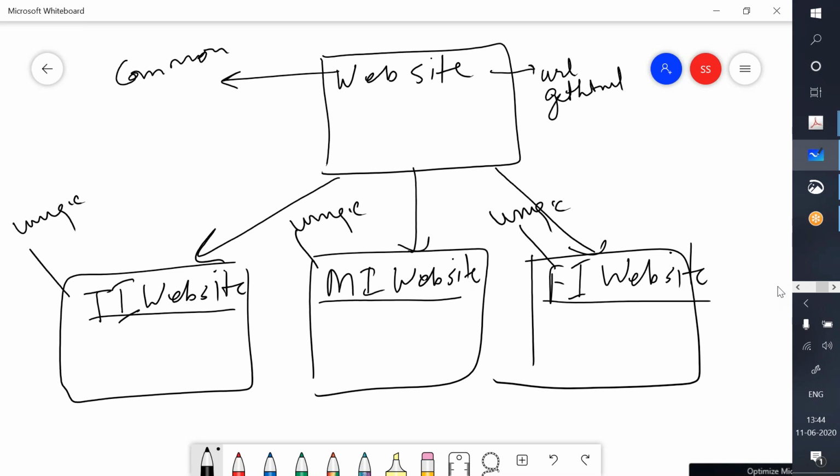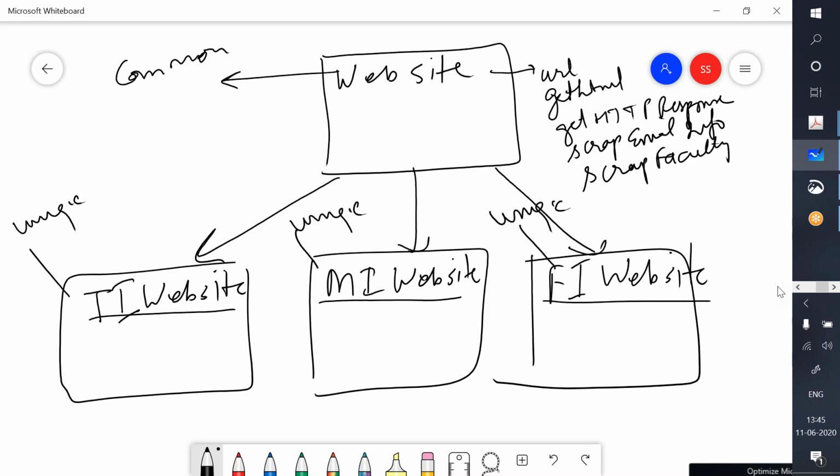So get HTML or get HTTP response, or let's say scrap email information, or scrap faculty information, or scrap contact information.